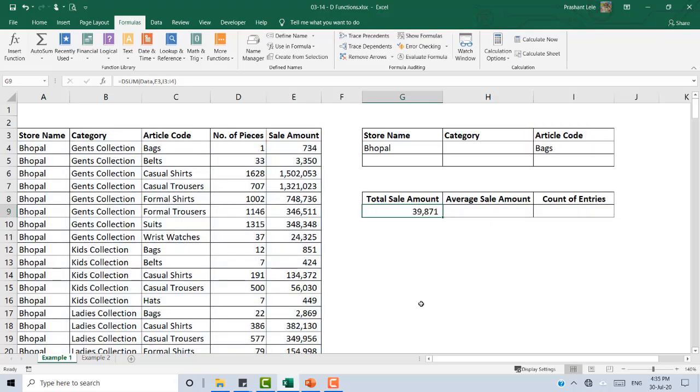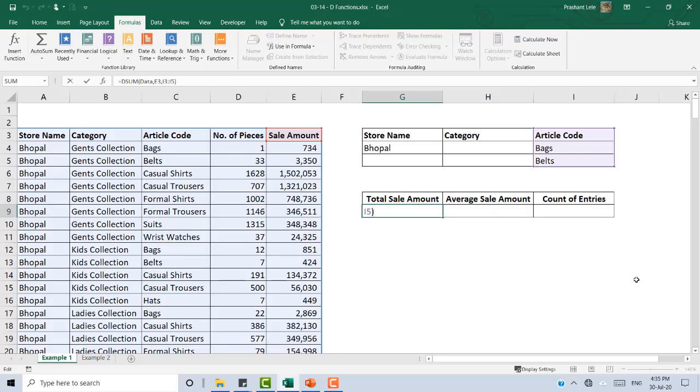But for SUMIF to work for bags plus belts, if I just add belts here, now what I need to do is just extend my criteria, and see 89,400. This was the total of bags and belts.